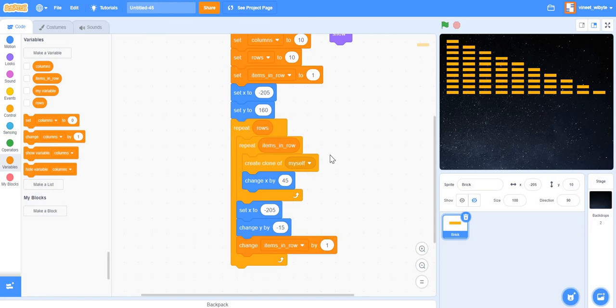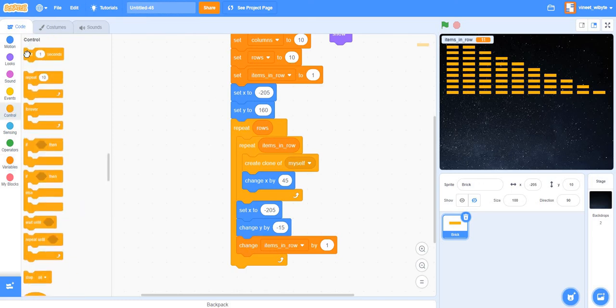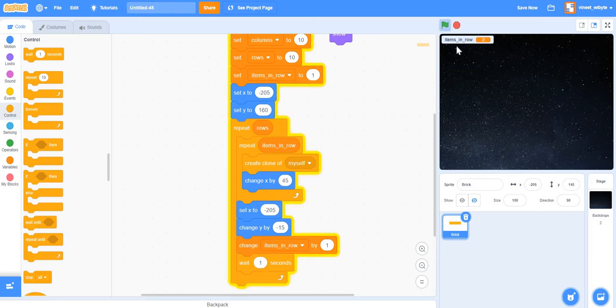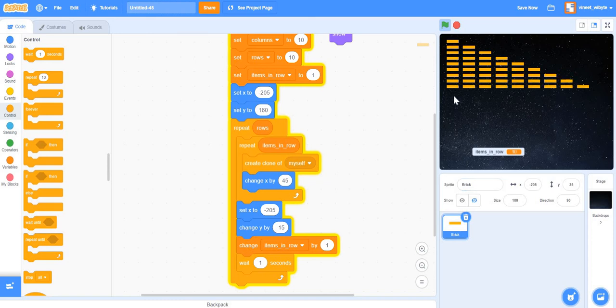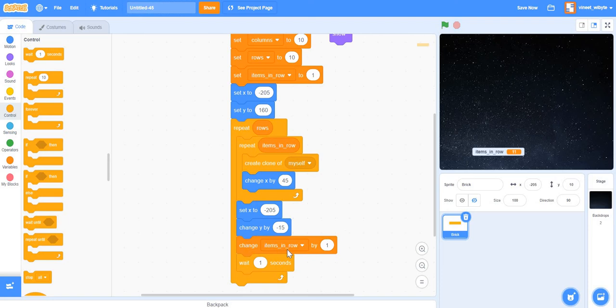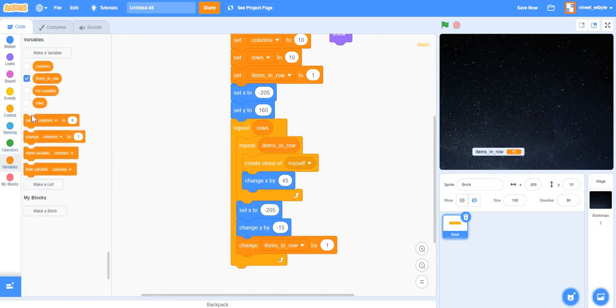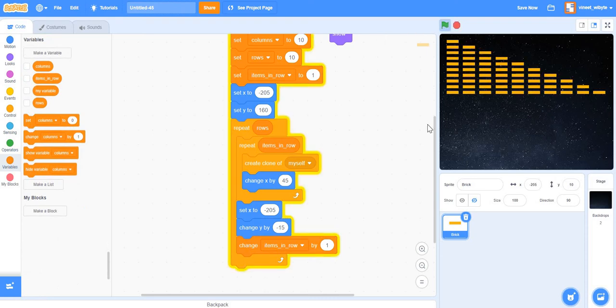Now, if you want to get more comfortable with this, what I suggest is switch on this variable, that means look at its value and add a small wait, maybe here, right? So increase this, and now you can see how it goes, right? So, as the code is slowly running, you can see every time it's putting 5 items, 6 items, 7 items, and so on and so forth. So this will help you get more familiar with the process, right? But you really don't need this wait if you're confident enough. And I can go and remove this items in a row display, right? So now it's doing this, right?